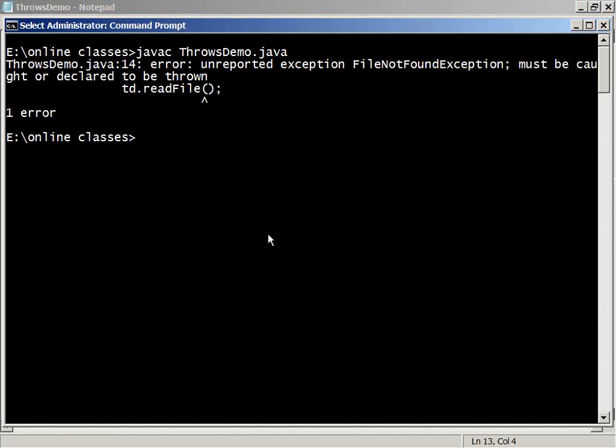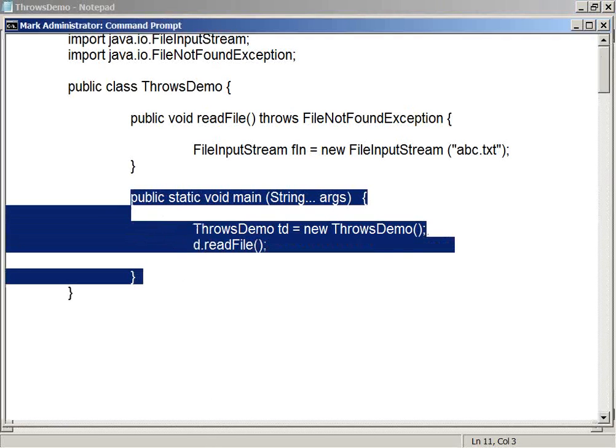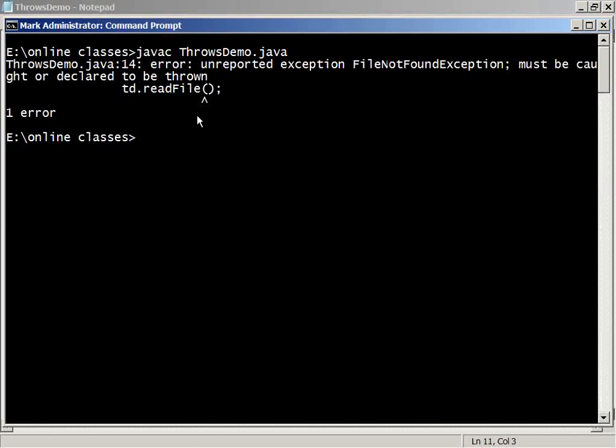So in such cases, what is your compiler doing? It is strictly checking whether the caller, that means this is the method, this is the caller here, is handling this or not handling it. Your compiler will not leave you until you do one thing here. Any one of these you should do.